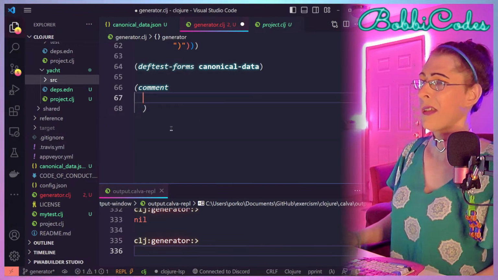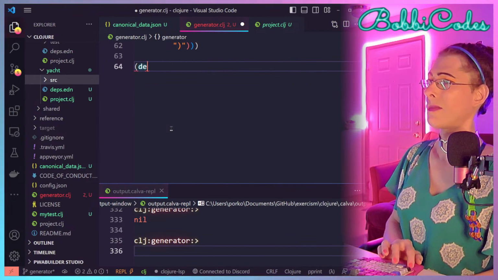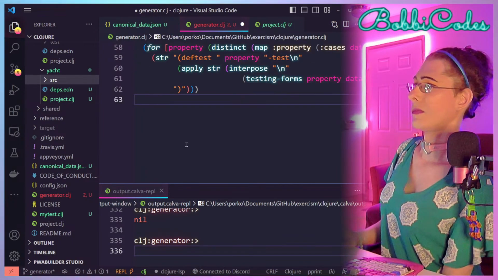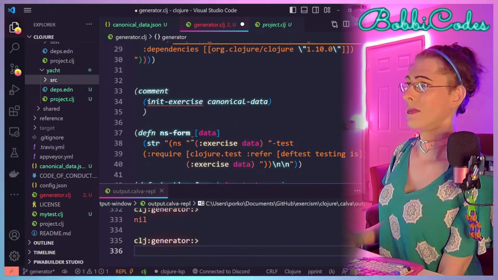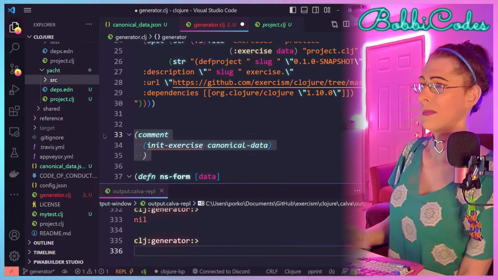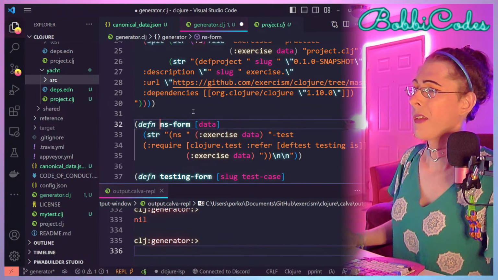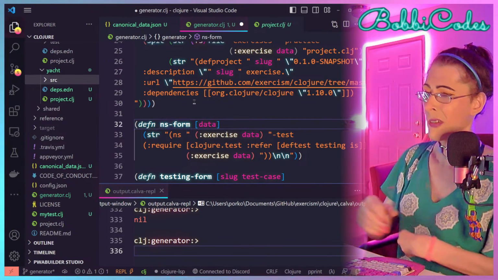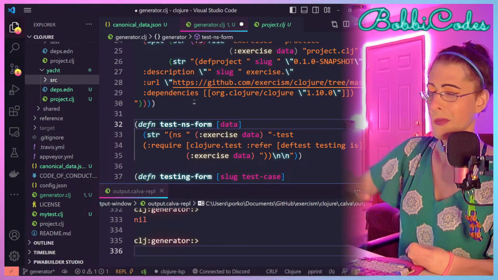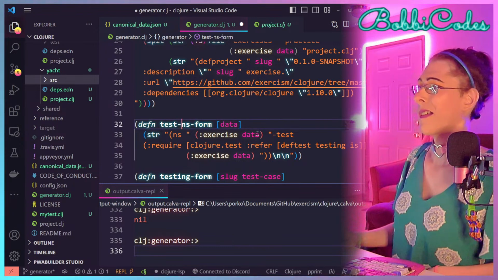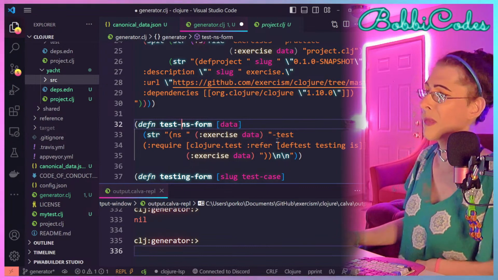I'll just go ahead and get rid of this. And, oh yeah, this is going to have to be called test NS form because we're also going to have to generate the NS form for the source file.